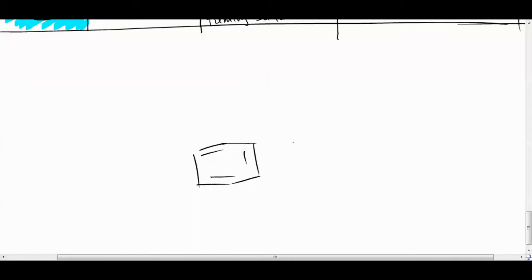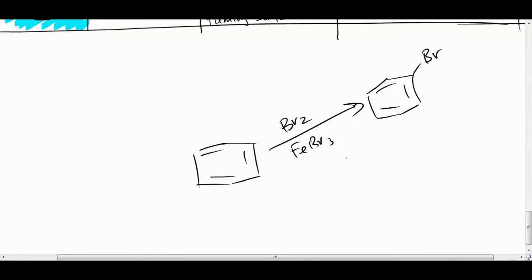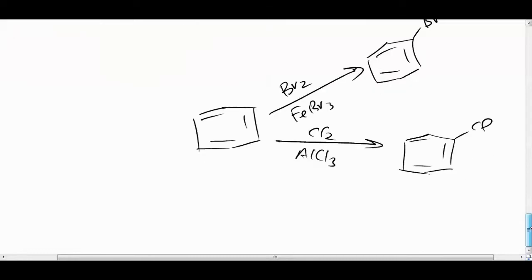So if we start off with a benzene ring and we reacted it with Br2 and FeBr3, we're going to attach one bromine on here. If we did the same thing with Cl2 and AlCl3, we're going to attach one chlorine on there. If we did the same thing, but